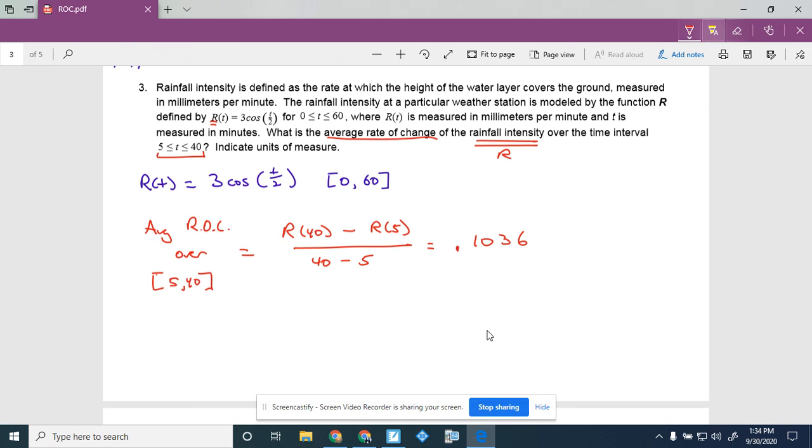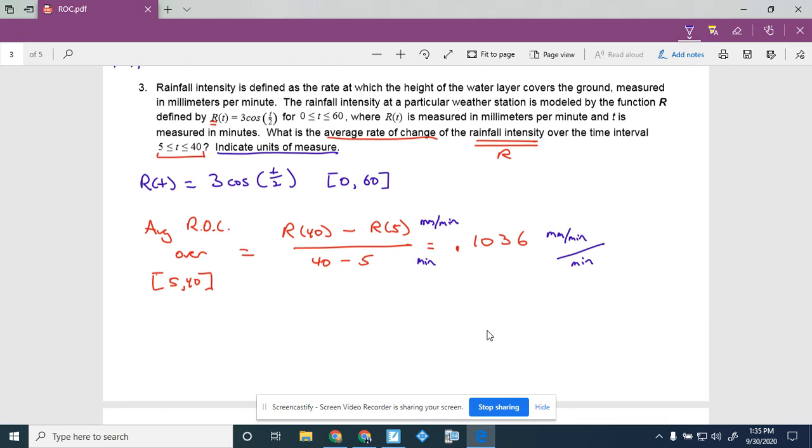This is the first problem where units made a big deal. We said indicate units of measure. This is usually going to be a big deal. So what are the units? Well, it's always going to be the y unit per the x unit. So the y unit is what? It says r of t is measured in millimeters per minute. So this would be millimeters per minute. And the x unit, or the t unit here, is measured in minutes. So it's a little weird, but your average rate of change would be millimeters per minute per minute,